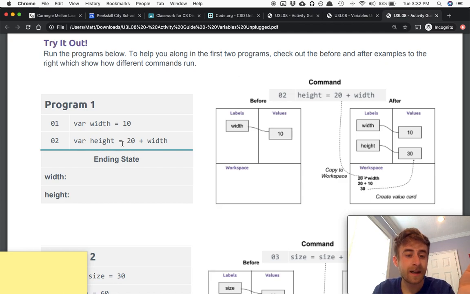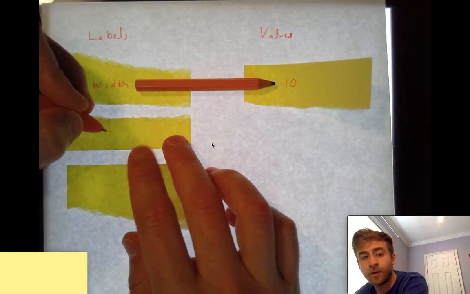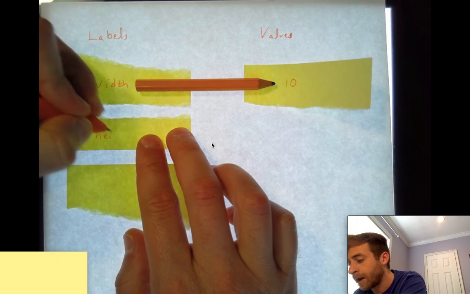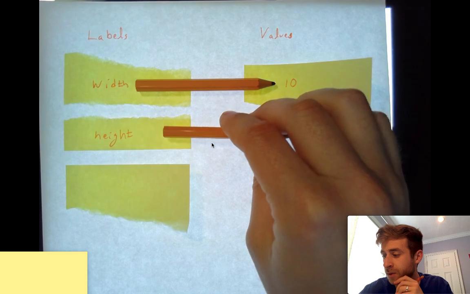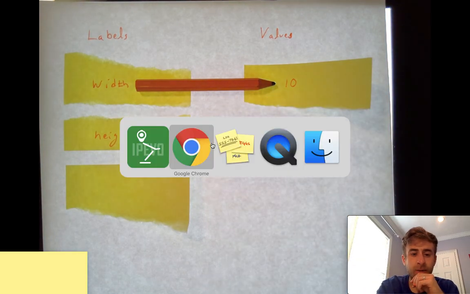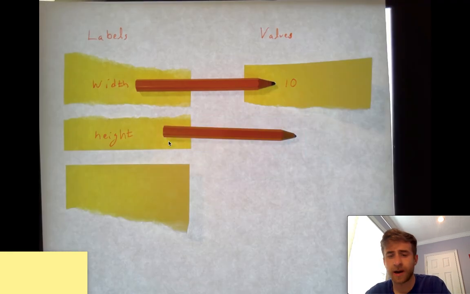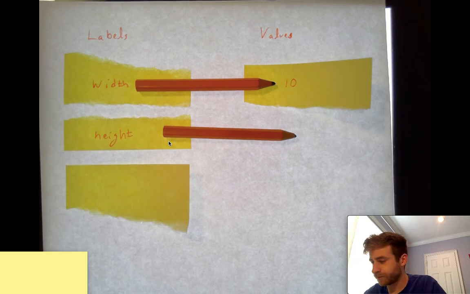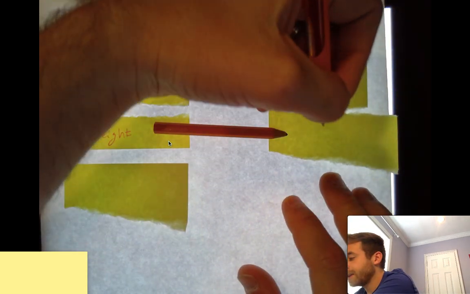Var height is equal to 20 plus width. So over here, I'm going to make a new variable name called height, and it was equal to, so I'm going to make a connector to what it's going to be equal to, and it's going to be equal to 20 plus the width. So we've got to come back over here and say, all right, well, I know it's going to be, and I'll make this post-it a little smaller, I'm going to use 20